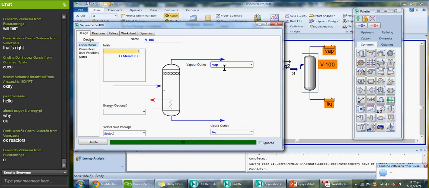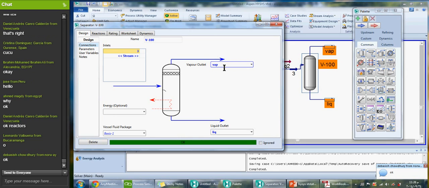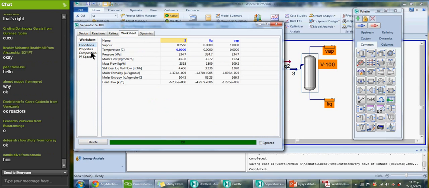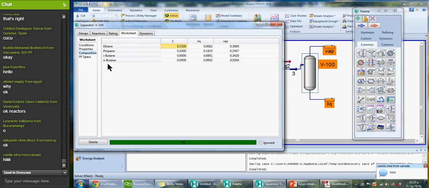Now, suppose that the composition and conditions for the two outlets. I can find this composition on the worksheet tab, and then go to composition. I can find that a material balance is done on each stream. There is a liquid and vapor stream containing the composition for each component: ethane, propane, isobutane, butane, in the liquid